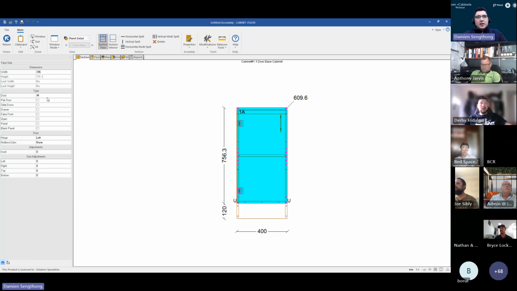So as you can see here on the left, we have a single door, which is currently selected with the highlighted black dot. And then you can change it to a pair door if you need to, as well as a drawer, a false front. The options are pretty much endless. Now, along with sectioning a face or selecting a type of face, you also have the ability to split them into various configurations. Now, up the top here on the ribbon bar, we can see that we have horizontal splits